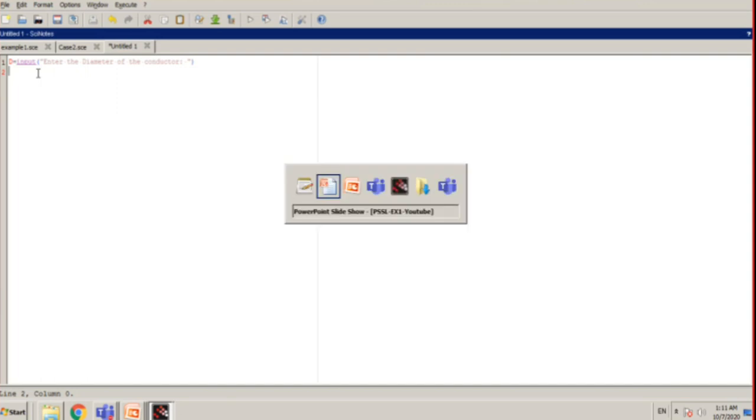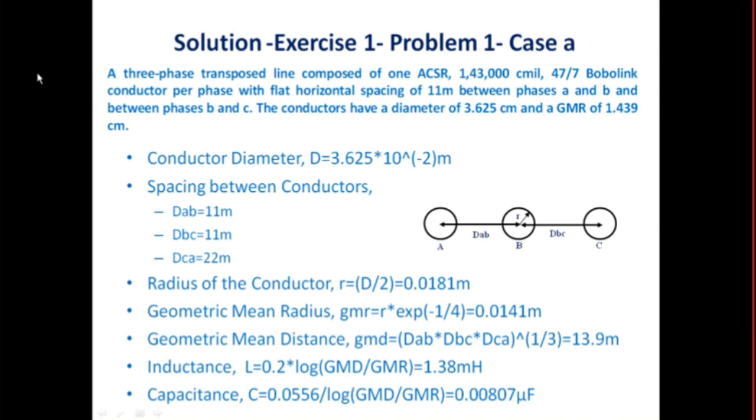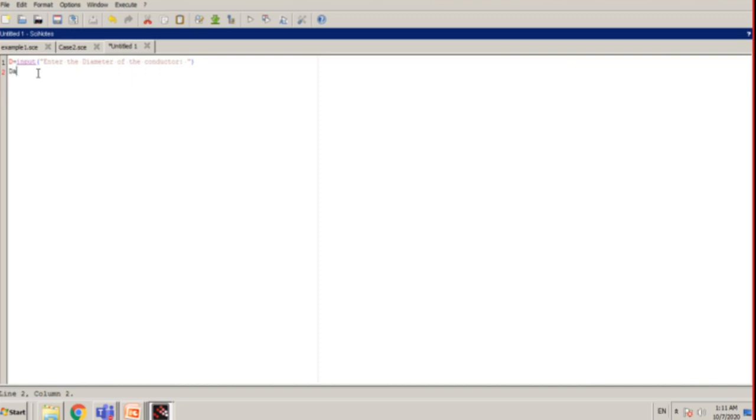Next I have to get the values for the spacing between conductors, DAB, DBC and DCA. Let's write the code for it. First DAB, which is also an input. So input of, within double quotes, "enter the distance between conductor A and B", with the semicolon.